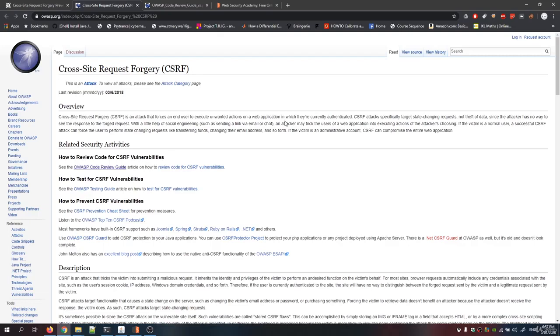So you do have to be authenticated in this attack, and the file or the URL has to be opened in the same web browser to exploit the authenticated user. The attack specifically targets state-changing requests, not theft of data, since the attacker has no way to see the response to the forged request. So if their account details are in the response, you can't just look at the credentials in the response,